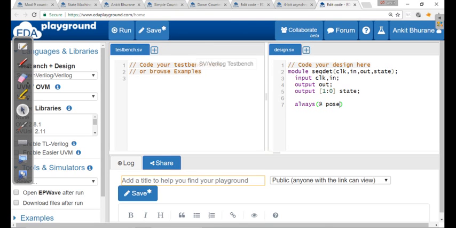Okay, first we'll have to check the state, in which state we are in. So case state. So state may be any value. So as I said, I may specify directly 0 1 2 3, or I can define parameters. I'm just avoiding those parameters. If it is 0,